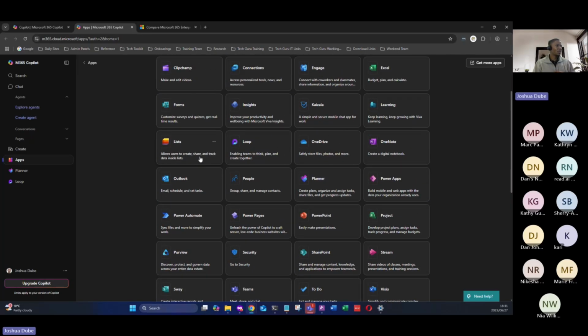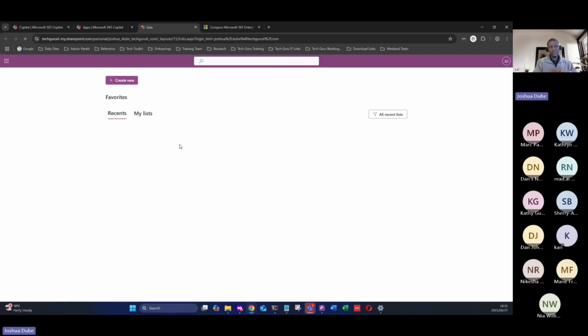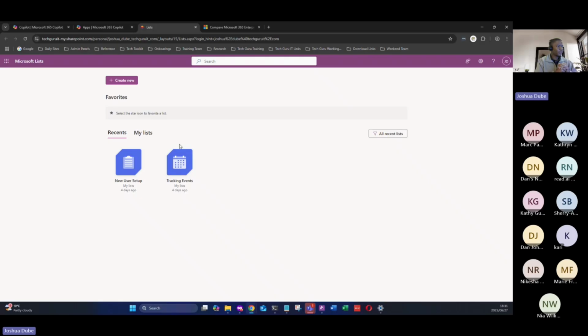So lastly, just to squeeze this in, we have Lists as well. It says allow users to create, share, and track data inside of lists. So Lists is a very nice tool. Much like Planner and To Do, you can create lists of things that need to be done joined into other tasks. So this is a great tool for using when you want to create a process and things need to be checked. So if you need a checklist, for example, you can create a checklist, and as you go down that checklist,